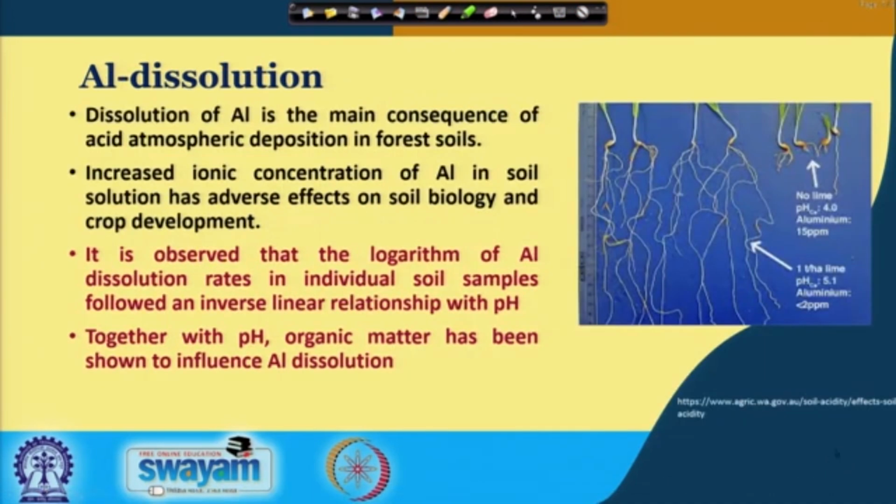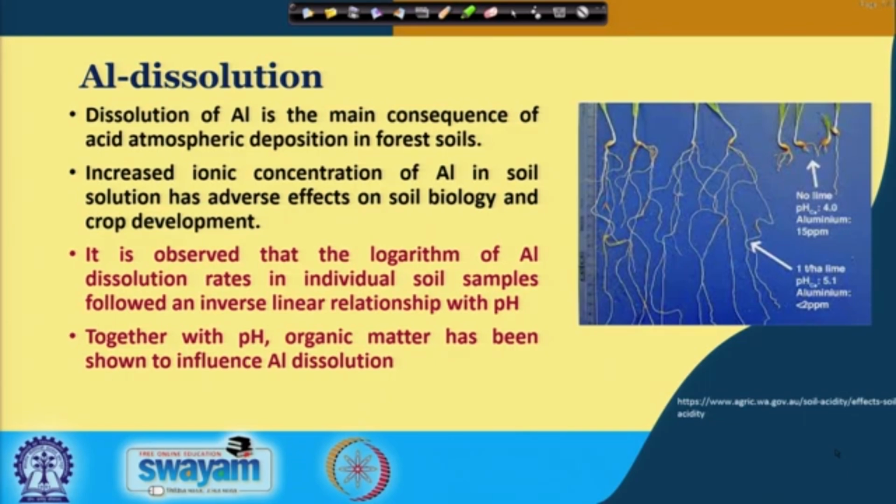So, let us talk about another important thing. We have completed the acid rain. Let us talk about another important thing, that is aluminum dissolution. Aluminum is a metal which you can see in high concentration in acidic condition. Remember that the dissolution of aluminum is the main consequence of acid atmospheric deposition in forest